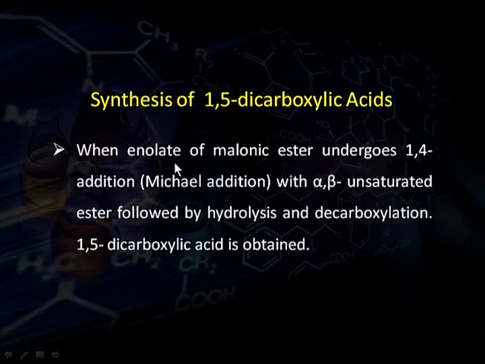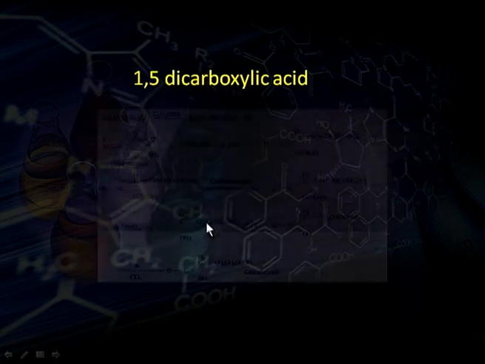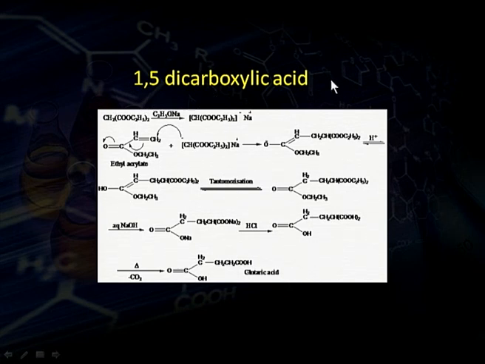We can also synthesize 1,5-dicarboxylic acid. This acid is prepared by taking enolate of malonic ester, which undergoes 1,4 addition, that is Michael addition, upon treatment with alpha beta unsaturated ester. We can prepare 1,5-dicarboxylic acid by Michael addition, taking here alpha beta unsaturated ester as ethyl acrylate, which reacts with